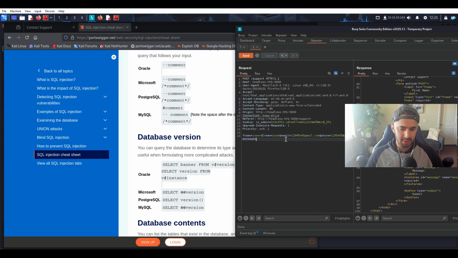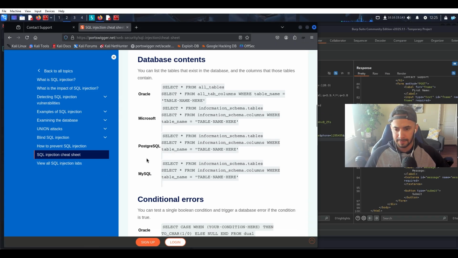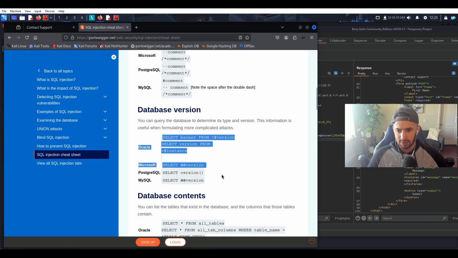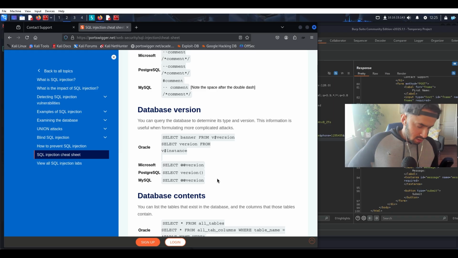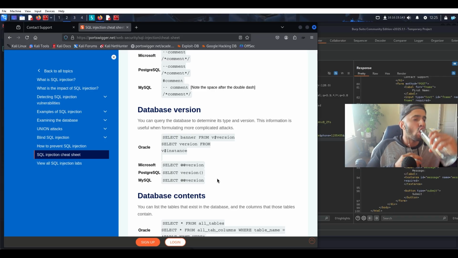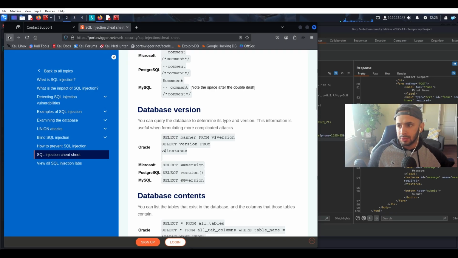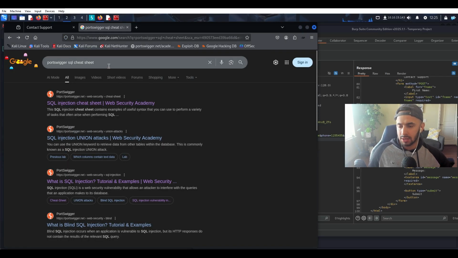Dude, it's letting us hit. But it's not. The reason why I ran these commands was to see if we can actually get the database version, which would help us to see if there's something present that we can exploit. But that wasn't the case. So next thing we can do here is